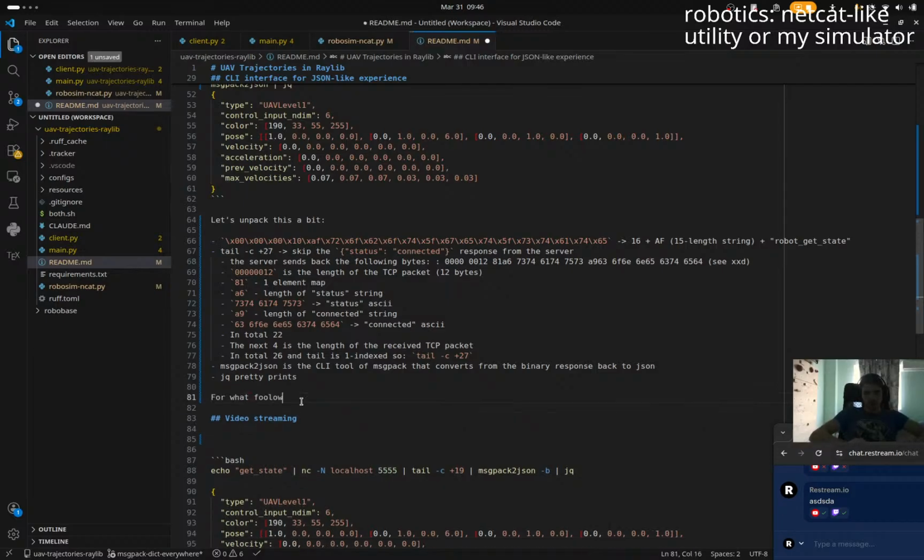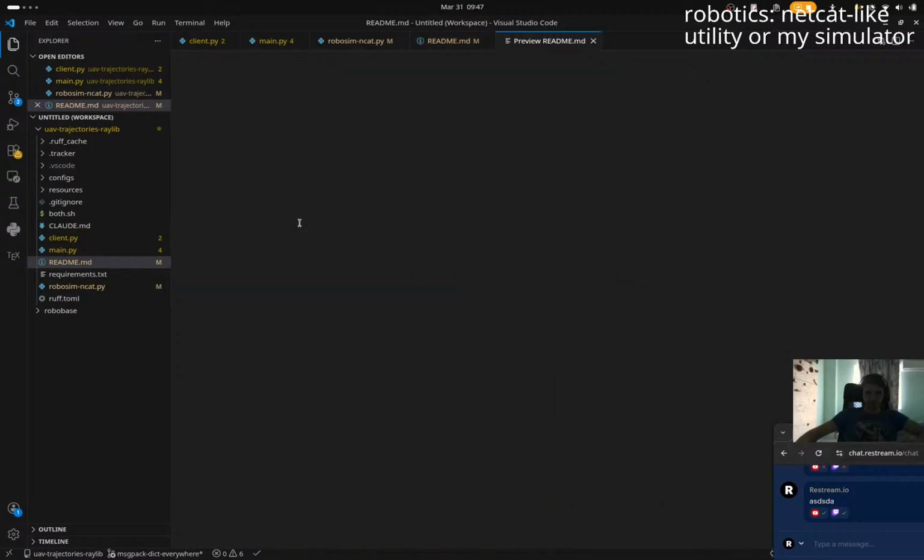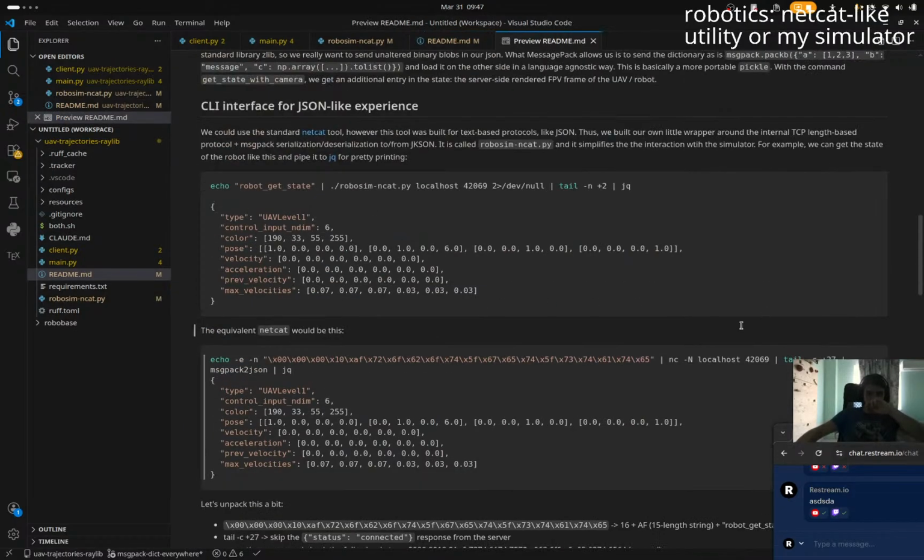For what follows, we'll simply use robosim netcat.py instead, as it simplifies the manual byte packing and unpacking and manual header skipping and so on. I think this is better, right? I think it proves the point, right? Like tail is just